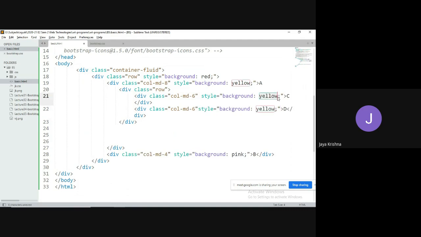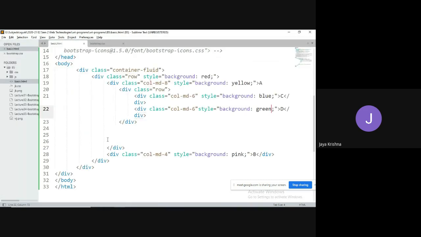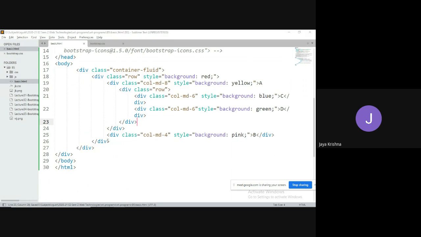Let me take this as blue. Observe what is out. Yes, observe. We got the exact requirement. These are the things that we expected.